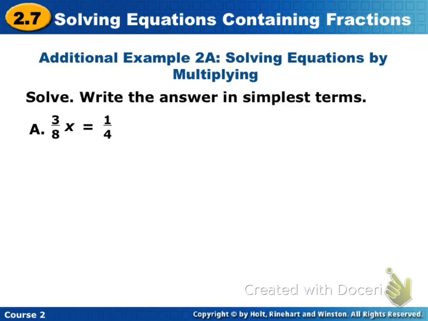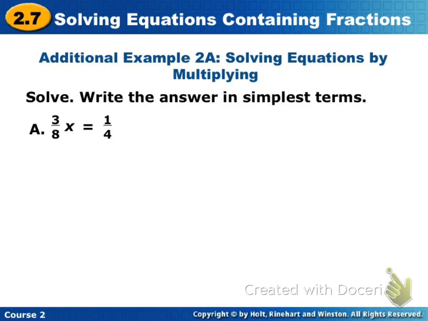Okay, in this example, we still want to write our answer in simplest form, but we have to look at the variable. It's on the left-hand side. And it's being multiplied by 3/8. So in this case we are actually undoing multiplication. You guys know you undo multiplication with division. So if we're going to divide by a fraction, we are actually going to be multiplying by its reciprocal. So if we multiply both sides of the equation by the reciprocal of 3/8, it turns into